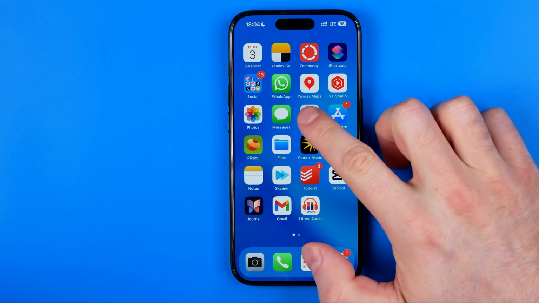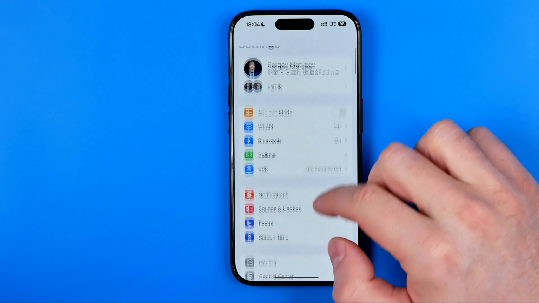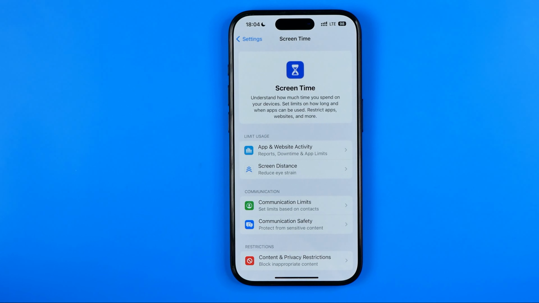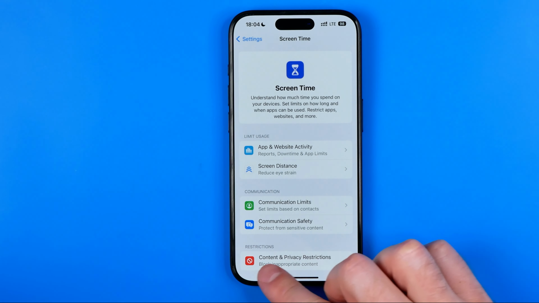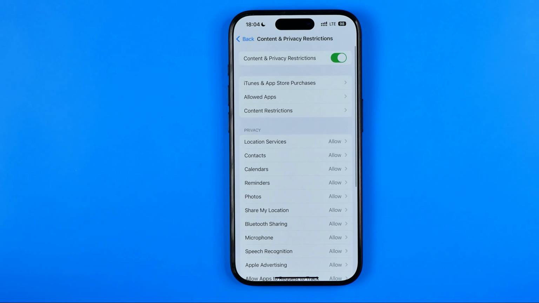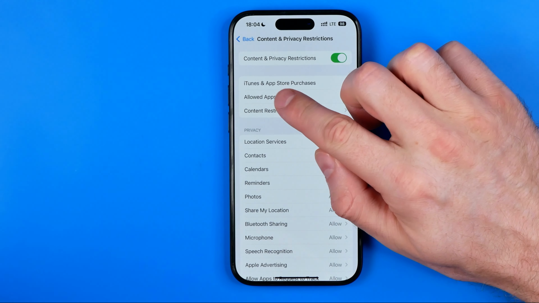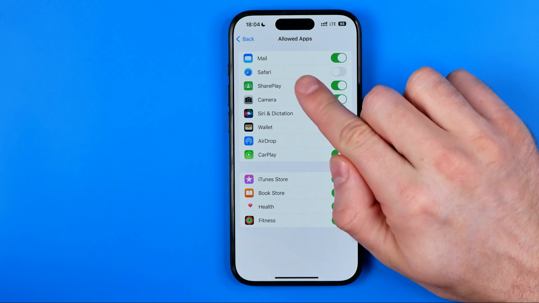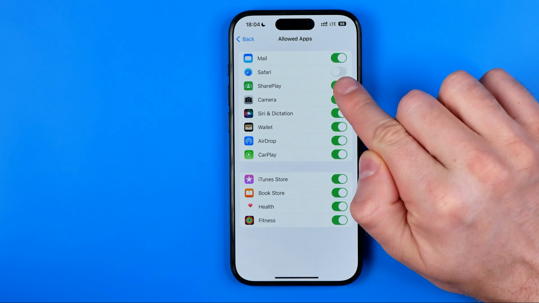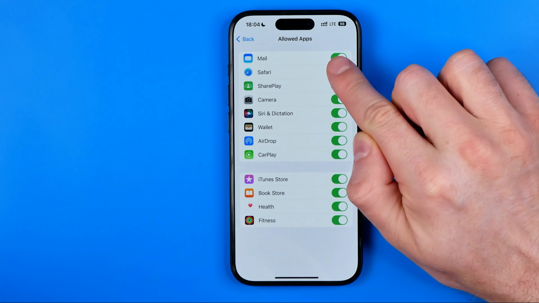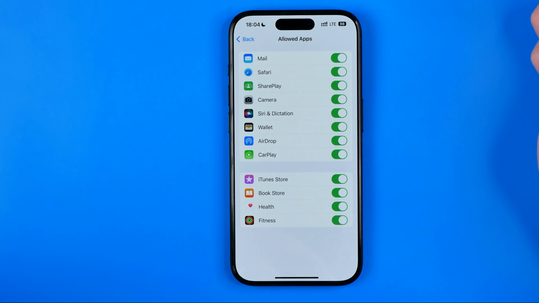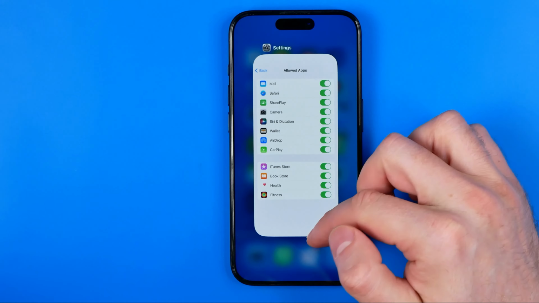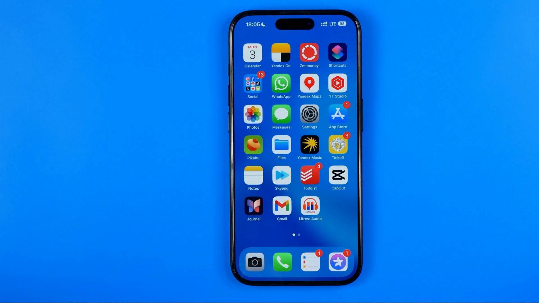over to settings then. After that, tap Screen Time. Then select Content and Privacy Restrictions. And then Allowed Apps. All you have to do now is just activate Safari by toggling on the switcher next to it. And then we need to go out of settings, and now we can use search to find the